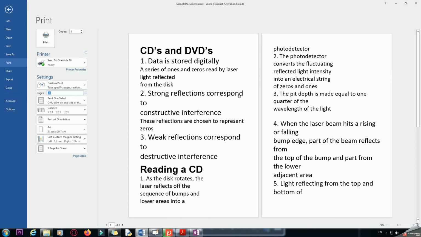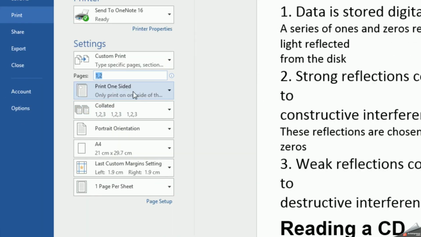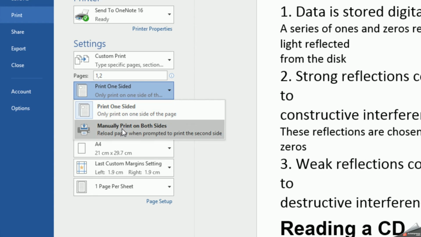Coming back over here, now we have other options. Print one-sided, that is, you want to print on one side, or manually print on both sides. That is, if on the A4 size sheet you want to print on both sides, then there you will be selecting manually print.